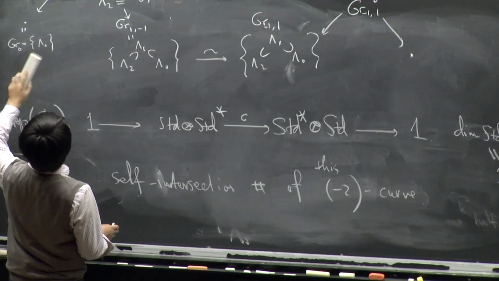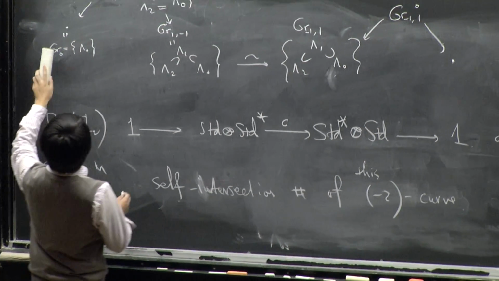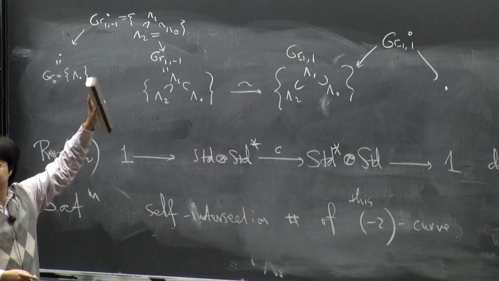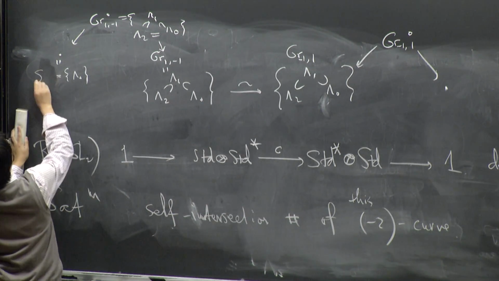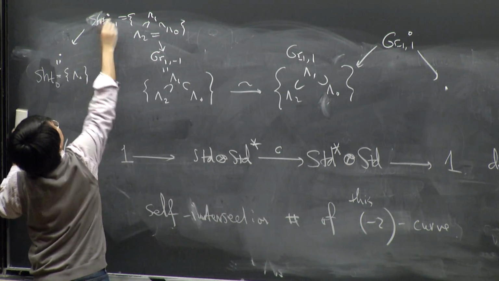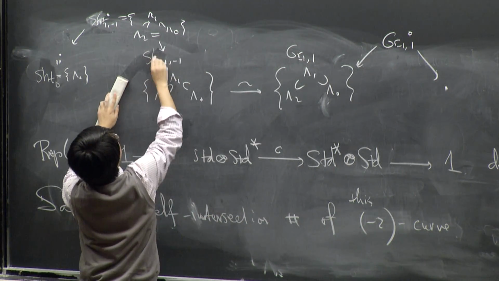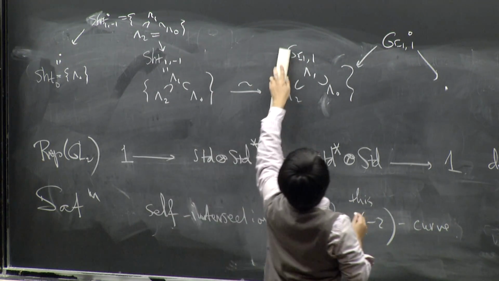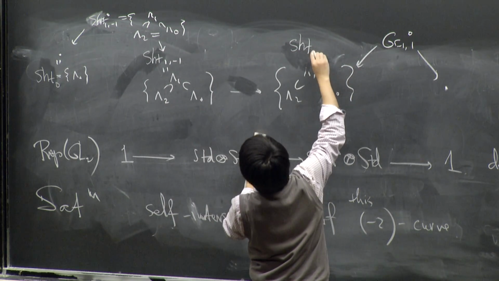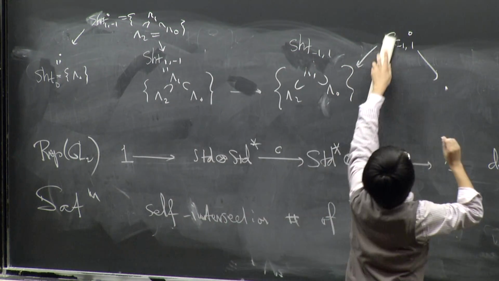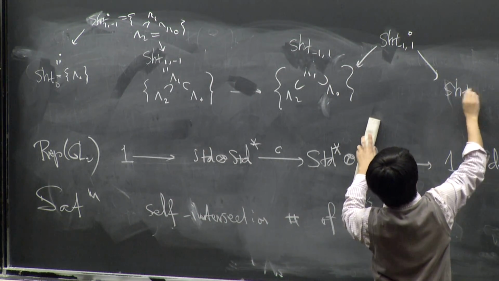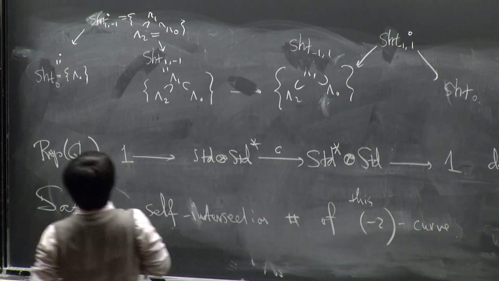So here's the situation I want to consider. Now, instead of considering just the Grow 0, Grow 1 as before, I can put Stuka 0. Here I put the Stuka 1 minus 1. Here I put the Stuka 1. Here, Stuka minus 1, 1. It's modular space. Then Stuka 0. Okay, so